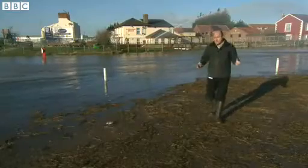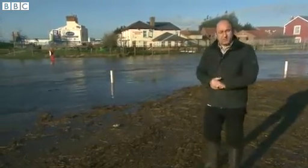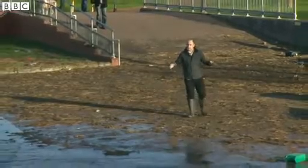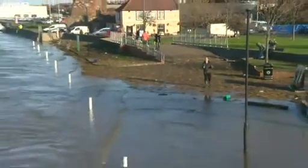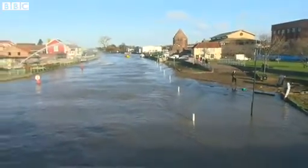"We've probably got about 6 inches of water here, but it slopes away all the way. So then we've got 2.5 feet of water in the workshop." It's now 11:15, and in Great Yarmouth it's high tide. The water levels are clearly raised. But last night the high tide was combined with a storm surge, bringing the waters all the way up to here. And although another high tide is forecast for tonight, the Environment Agency says it does appear as though the